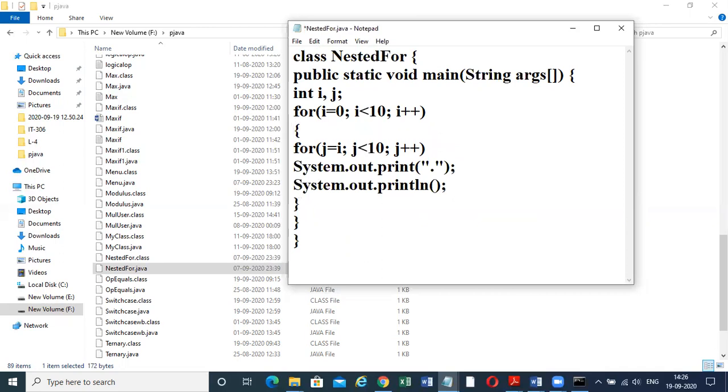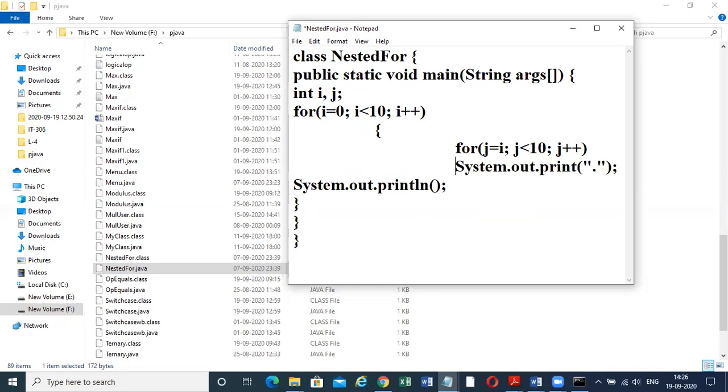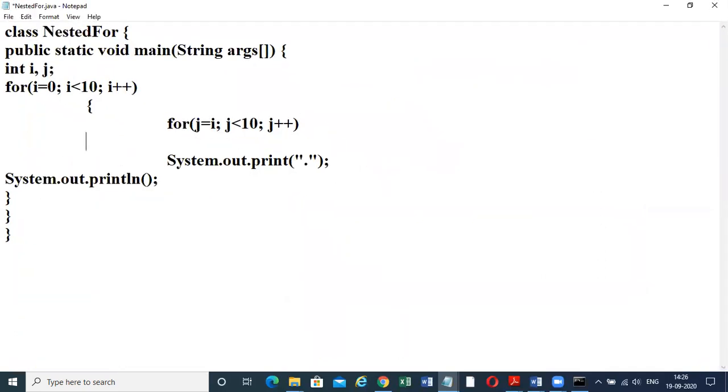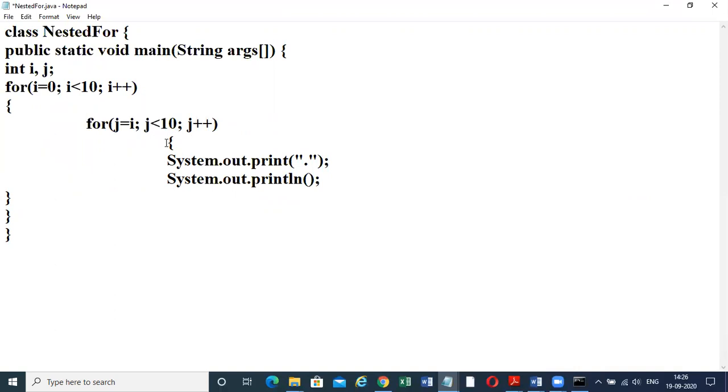Inside that we take one for loop, and inside the for loop, again I'm going to implement another one here. This again is in this for loop, and this is in this for loop, and this is here, and this is here.